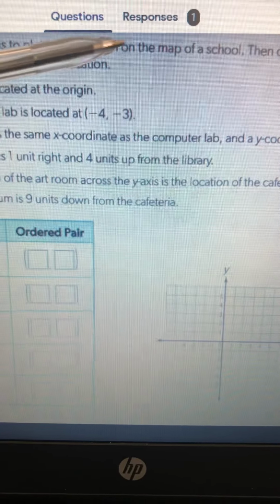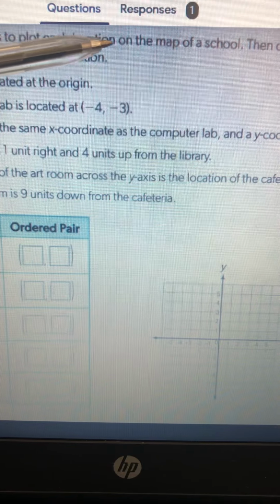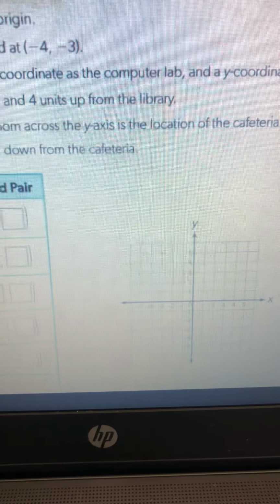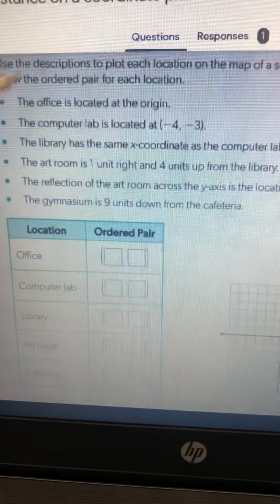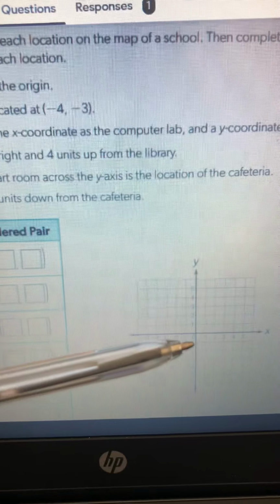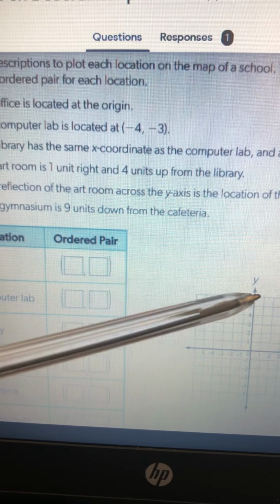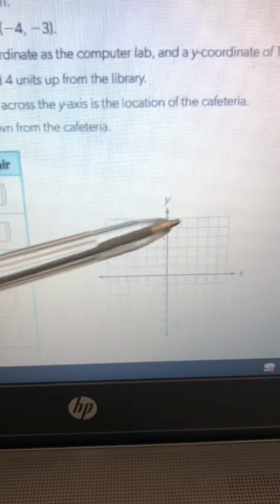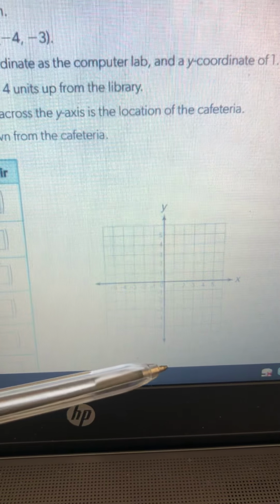Use the description to plot each location on the map of the school. So this is the map right here. This is what we'll be using. And then we have to read these questions and interpret them on our graph. But you have to recreate your own graph. Okay, so that means you have to get your paper out and draw the coordinate plane,